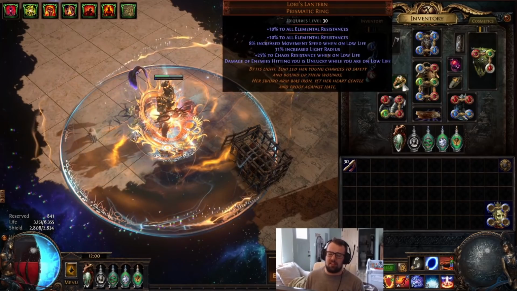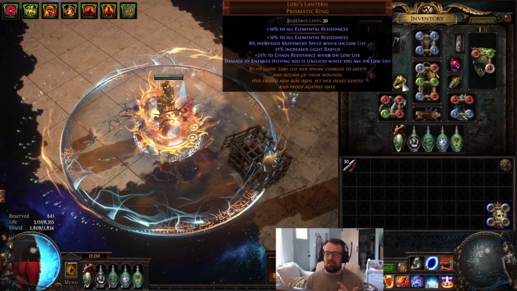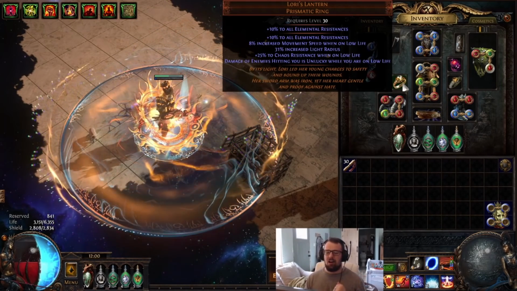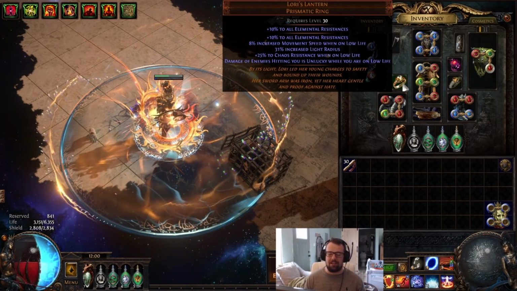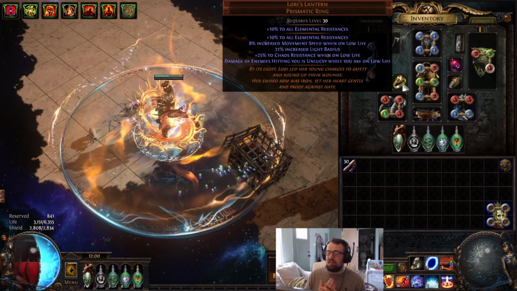After that, we use Alori's Lantern. This is just a really cheap ring that gives us some res, some movement speed, some chaos res, and the important mod of making it so enemies' hits on us are unlucky. Now you might think this ring has no life, therefore it's a bad ring, but actually the unlucky stat is